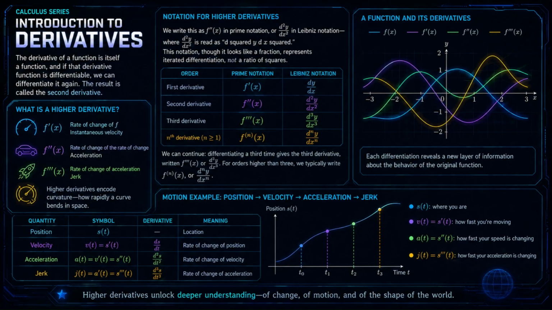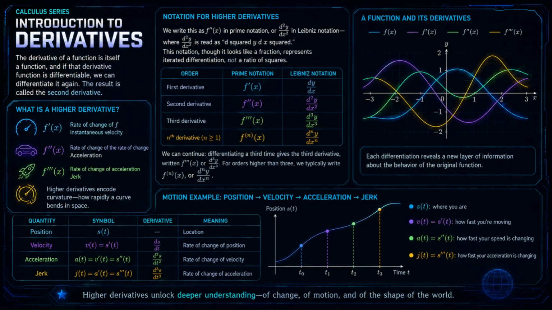We write this as f double prime of x in prime notation, or d squared y over dx squared in Leibniz notation, where d squared y over dx squared is read as d squared y dx squared. This notation, though it looks like a fraction, represents iterated differentiation, not a ratio of squares. We can continue. Differentiating a third time gives the third derivative, written f triple prime of x or d cubed